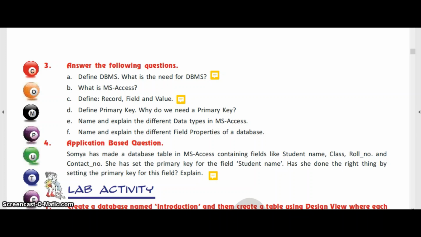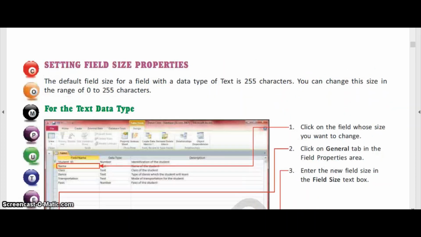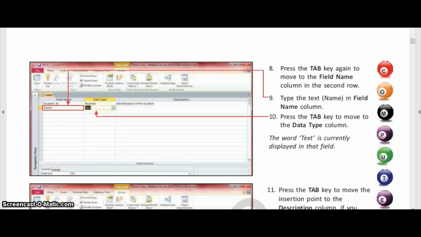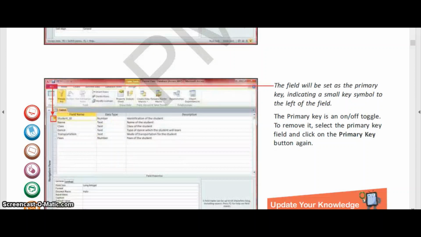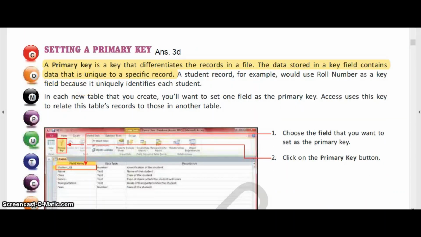Now next is define primary key and why do we need a primary key. It is on page number 20. A primary key is a key that differentiates the records in a file. It differentiates the record, like the student ID or the roll number. It differentiates all the students.